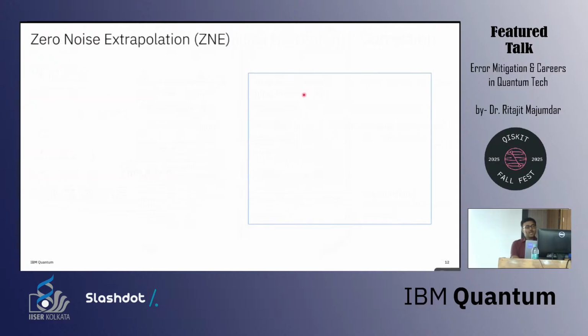So the idea of zero noise extrapolation is, let's start with a bit of math, and then we will try to understand what each of these things means. The first thing is, we know that in a circuit there is noise, and I am going to characterize that noise by some lambda 1. We are not going to ask what is the physical interpretation of lambda 1, how you are finding lambda 1. We will just say, don't ask these questions. Just assume that there is some way by which I can characterize the noise in the circuit, and I am going to call it lambda 1.